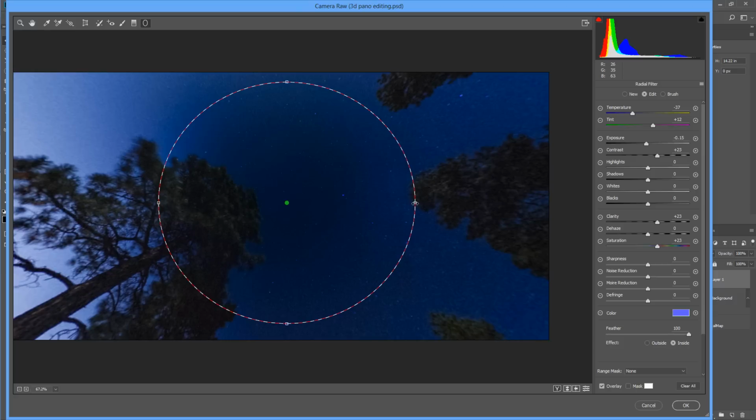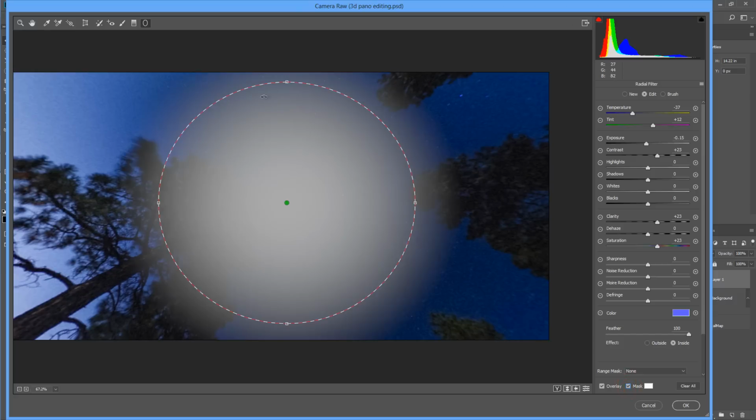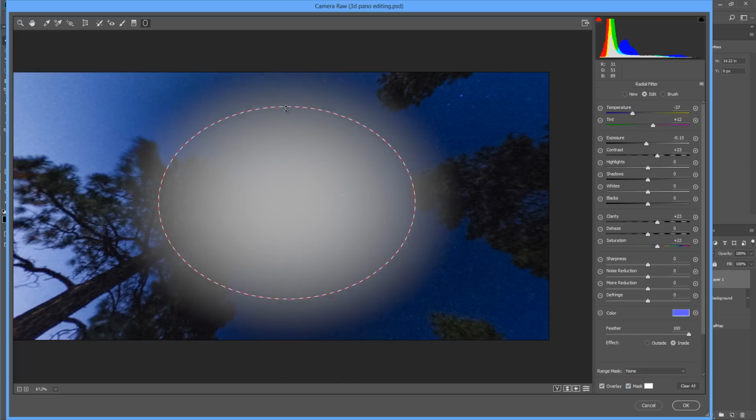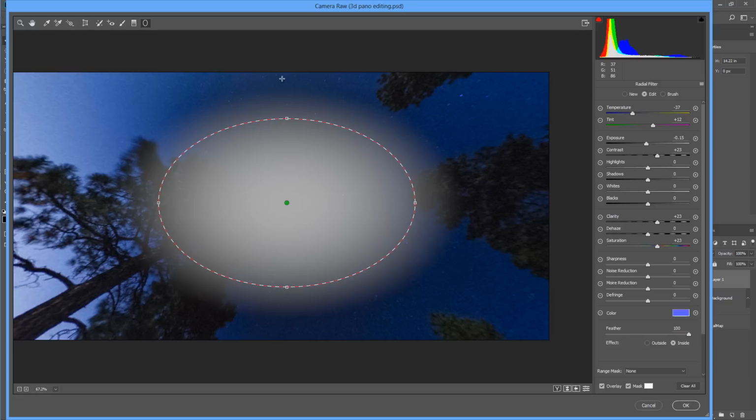Now what I want to do is just to bring it in at the top. If I turn on the mask, you'll see that the edge of the filter is all the way up at the edge of this area here of the screen, of the visible screen. If we were to edit that area there, what would happen is that the edit will become visible in the 3D workspace. So we want to make sure that none of the edit touches the edge, and that includes the feathered area. So what I'll do now is to turn off the mask,